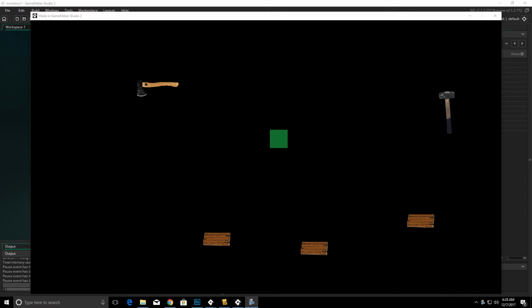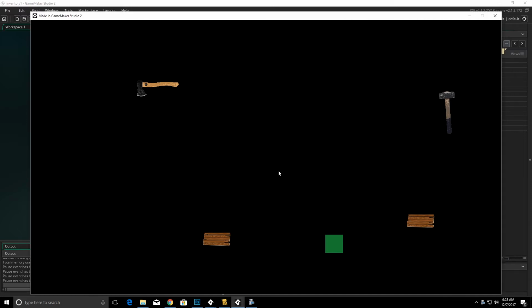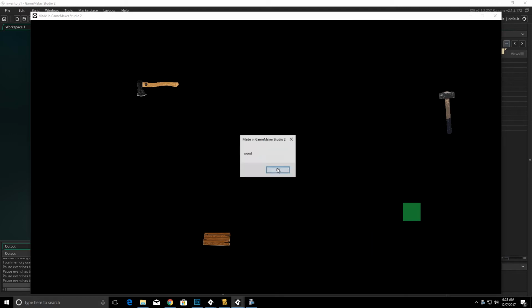We're going to do a multi-part tutorial on inventory. The first part, what we're going for is just a simple player, which is a screen block, being able to pick up items and hitting I on the keyboard to see what items we have. So he has one piece of wood right now. When he picks up a second piece of wood, we hit I. There's the first piece, second piece,